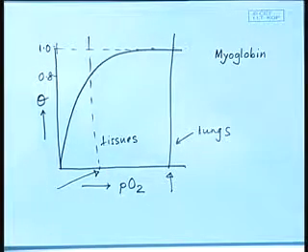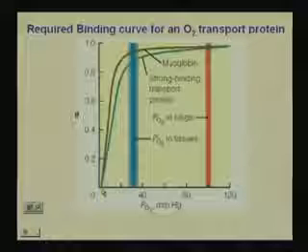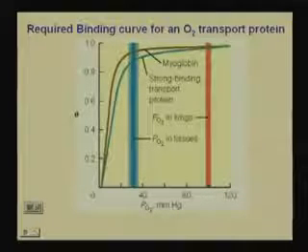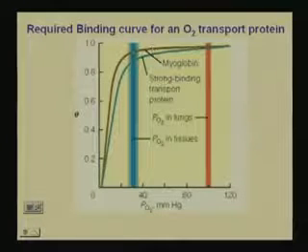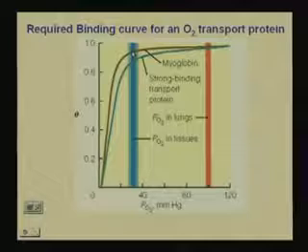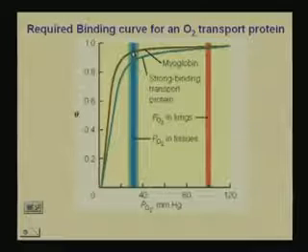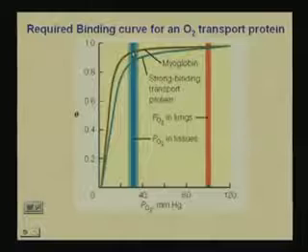I'm still 80% saturated with the oxygen even at the tissues. But if we go back to the slides and look at the myoglobin curve, even at the partial pressure of oxygen in the tissues, myoglobin still is more than 80% saturated,